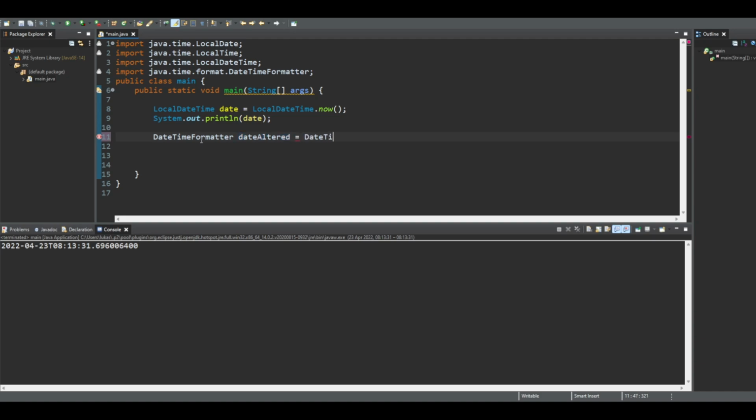Go, same thing, DateTime formatter. And now what we're going to do is we're going to do dot of pattern right here, of pattern. So now there's a few ways we can set the format of it. Let's see. I guess the first one that I can show you is going to be